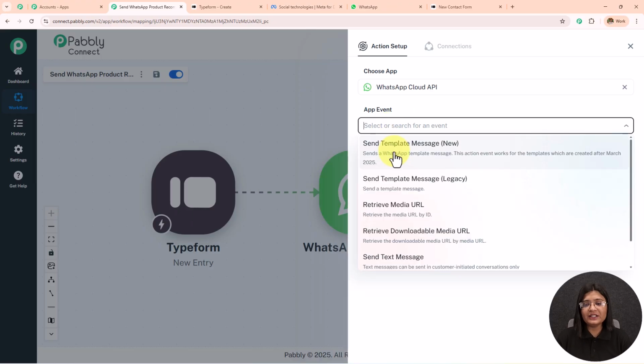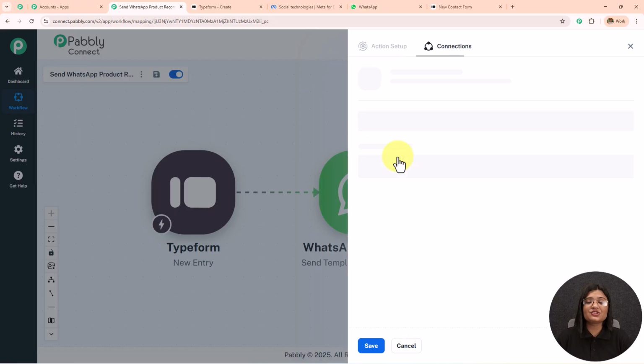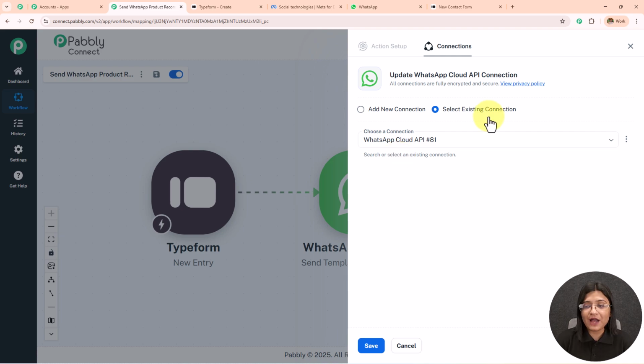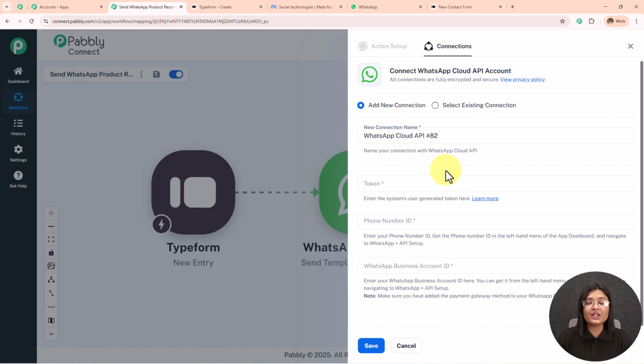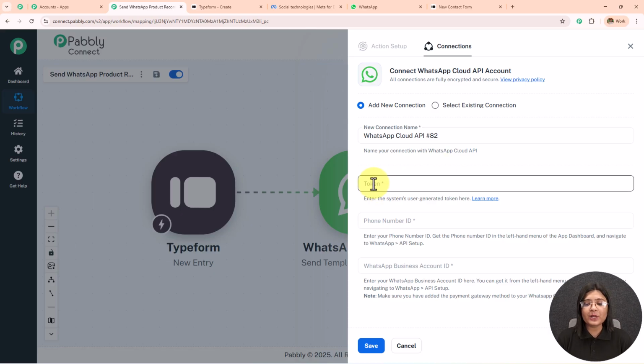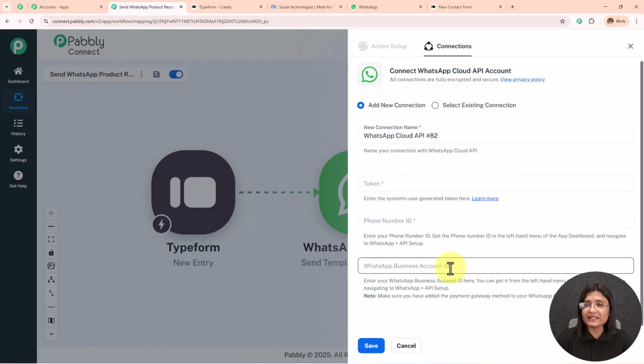And in my action event, I'm going to select it as send template message and then click on connect. So if you have an existing connection, go with save. If you don't have one, click on this add new connection. And now to make this connection, I have to enter the token, phone number ID and the WhatsApp business account